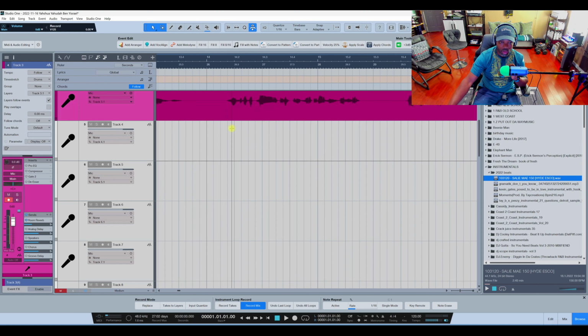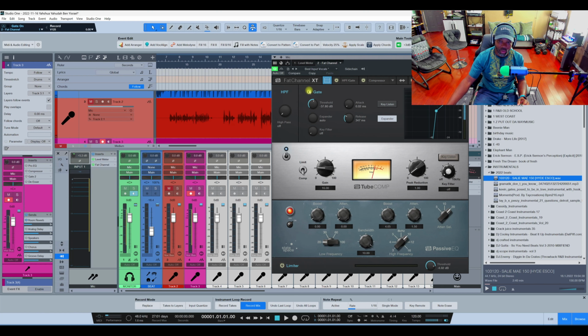Sometimes people don't want to hear all that in their headphones. It sounds good when it's just completely quiet. So when I turn that gate on, it makes it sound so quiet in the headphones, and then when they speak, it just opens up. But it has to be set a proper way for all artists, so I do it very light. The whole reason why I do it is not to cut the artist's vocals off, but when they stop, all this in the middle is nothing there.